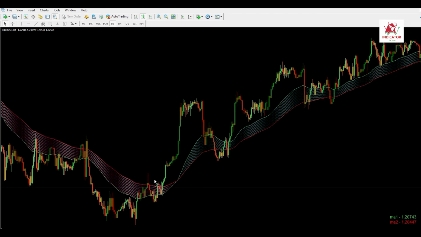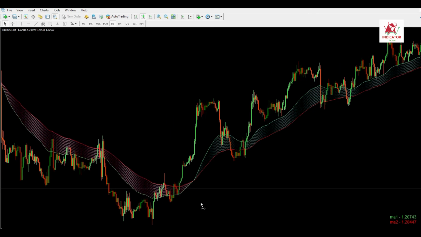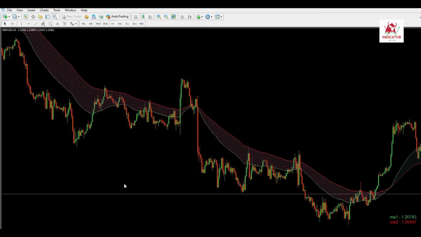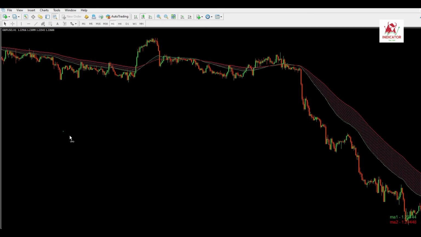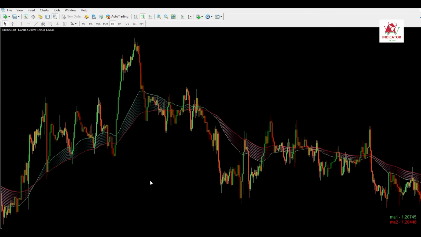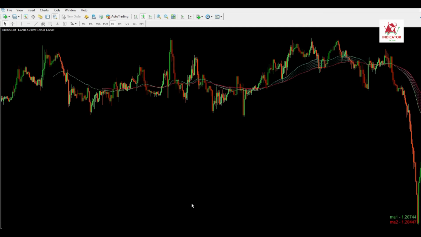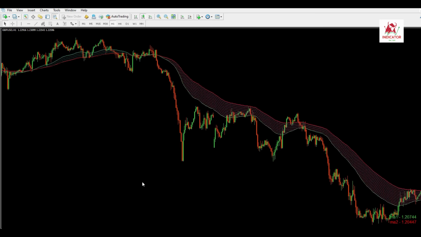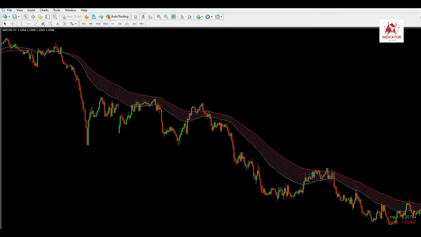Label corner. This setting will allow you to custom place the labels. The default is set to 3, which means that the label or the values of the two moving averages will be displayed on the bottom right corner of the chart. Note that for this to work, you need to enable another setting in the configuration window. Label left-right. This value allows you to adjust the offset of where the label should be printed from a left to right perspective. Label top-down. This value allows you to